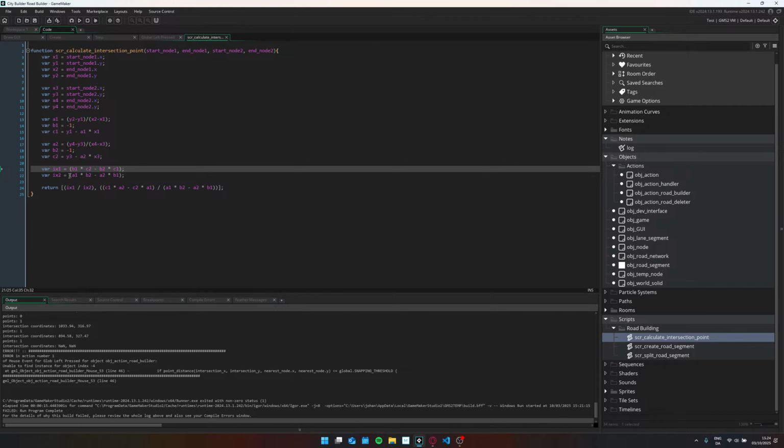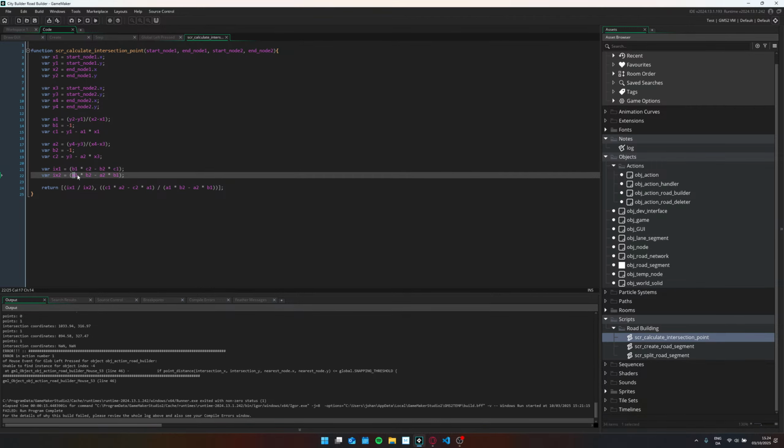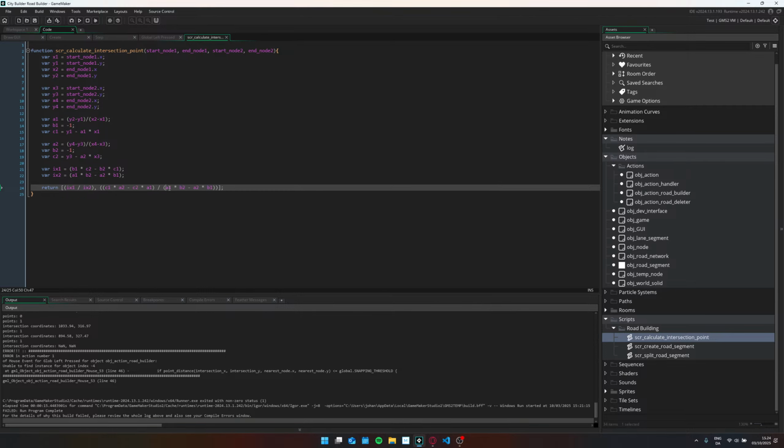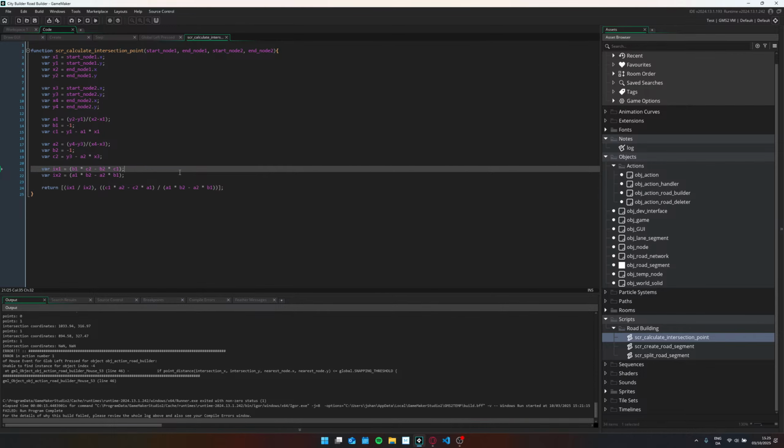Then we say here, if it's equal to 0, because that's exactly what is happening, right? The fact is that they are exactly straight, so that this becomes 0. And in principle, I would expect it to also work in the horizontal direction. Like if you make a horizontal road, because this could in principle also be 0. Maybe there, because of the way it's rounding, I don't know. But